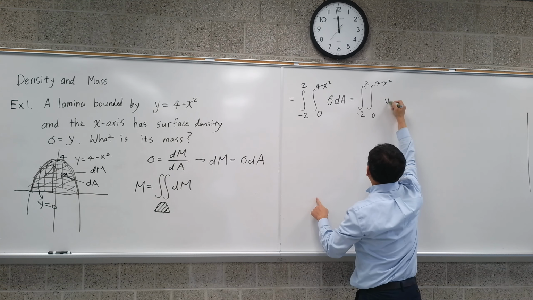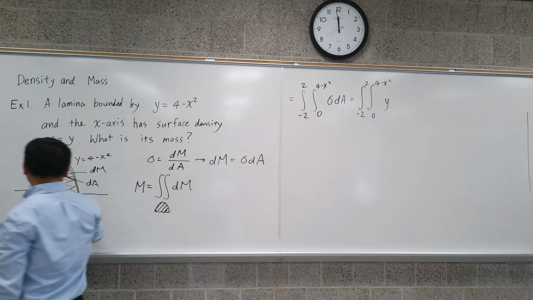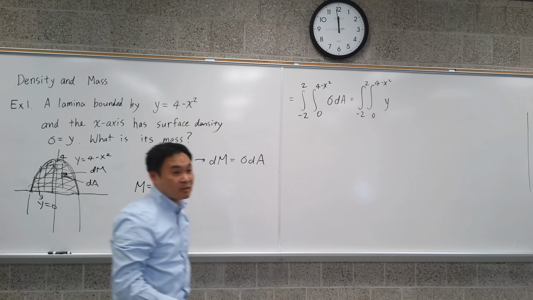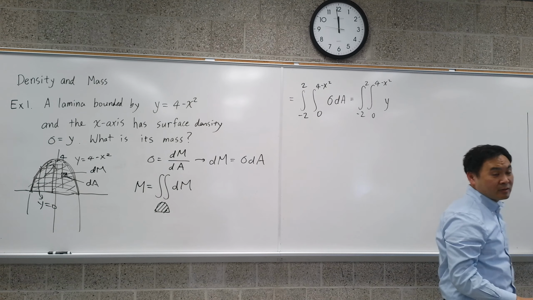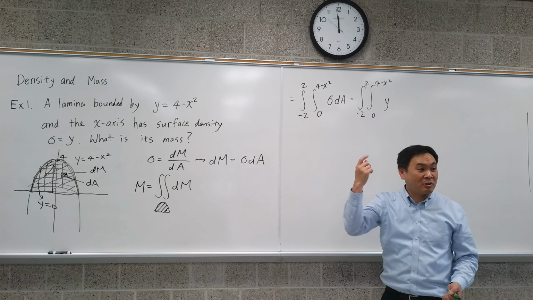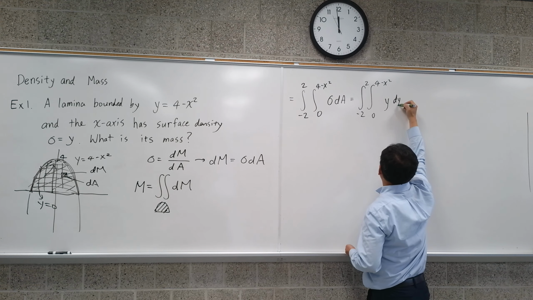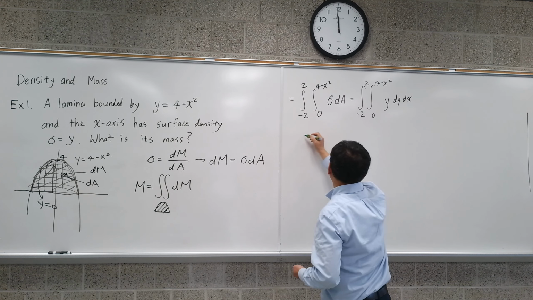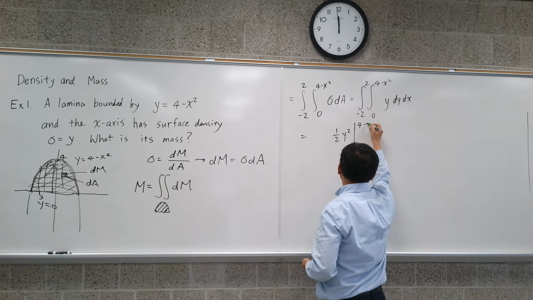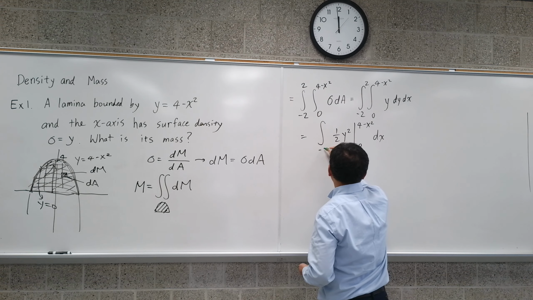Sigma is y, and dA, if I'm painting upwards, should it be dx dy or dy dx? dy dx, yes, because painting upwards means you're increasing in the y direction, right? So it's dy dx. And that gives you 1/2 y squared. You're plugging in 4 minus x squared and 0, dx, negative 2 to 2,